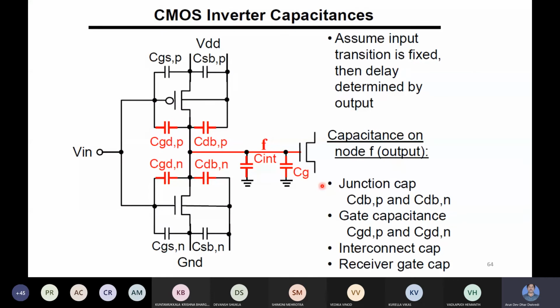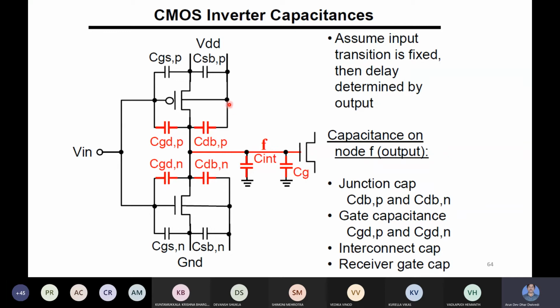Let us now come to the CMOS inverter timing analysis. We can do timing analysis by considering various capacitances inside the CMOS inverter. Here this one is PMOS and this is NMOS, and the gates of both transistors are connected together, the input is given here, and the output is taken from the drains of PMOS and NMOS, both connected together. From this point we take the output, and it further drives other stages also.